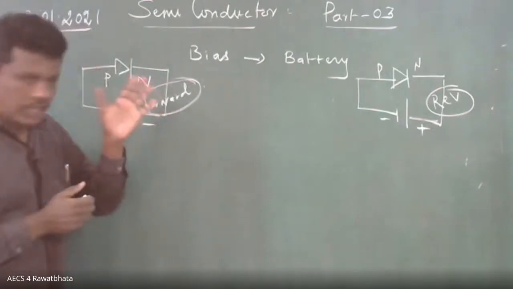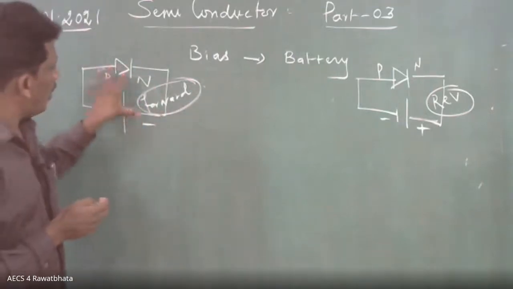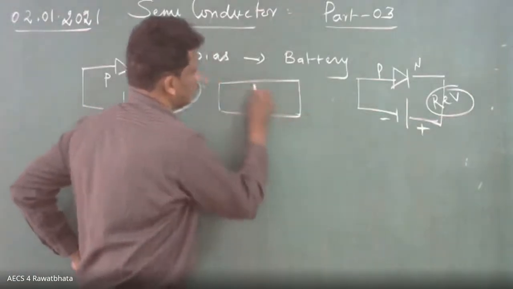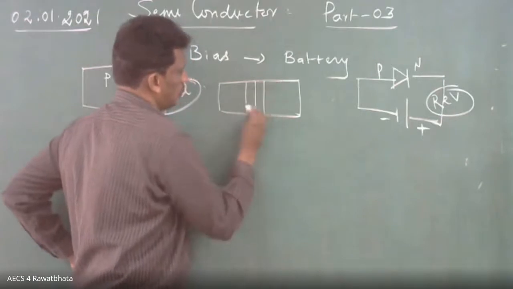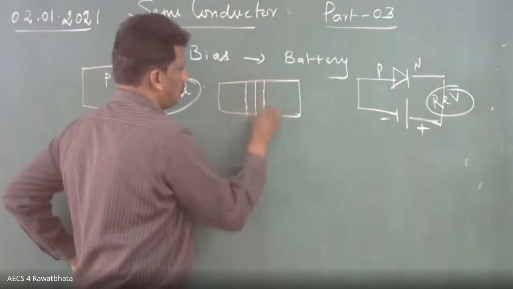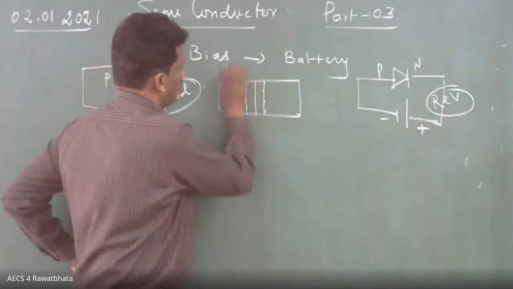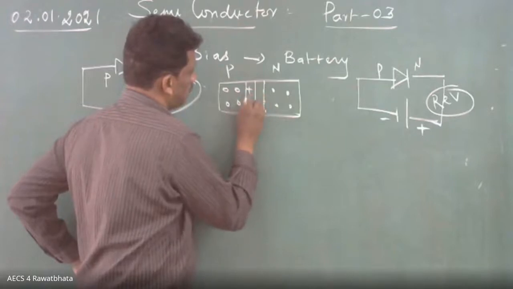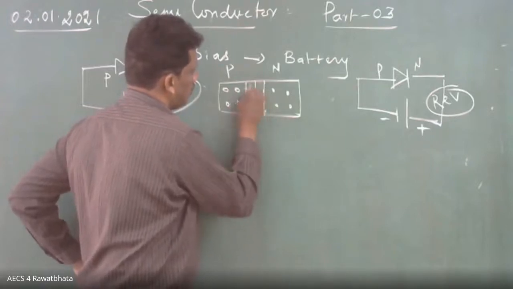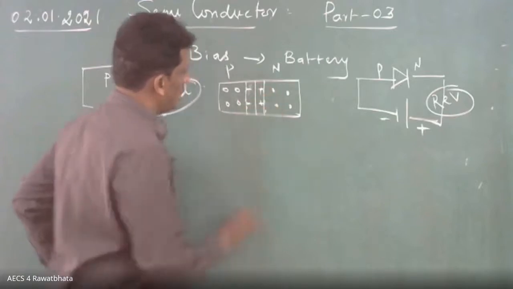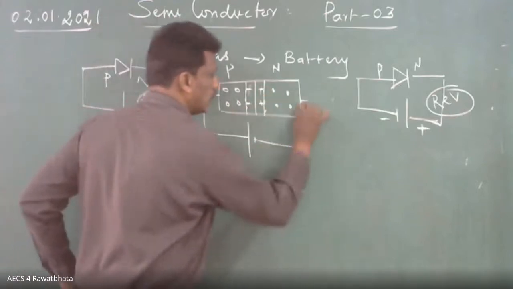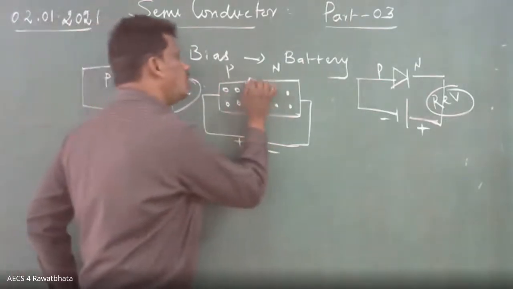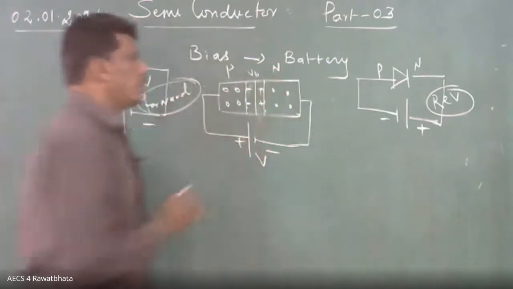Regarding forward bias, I already explained to you. Now I am going to give the actual diagram, the actual PN junction diode. Suppose here P region, here N region. Here minus, here plus. Now what I am going to do? Here plus, here minus. Listen now, this is easy to understand. So this is the applied potential difference. Internally, you have some potential difference. What is that? Barrier potential.